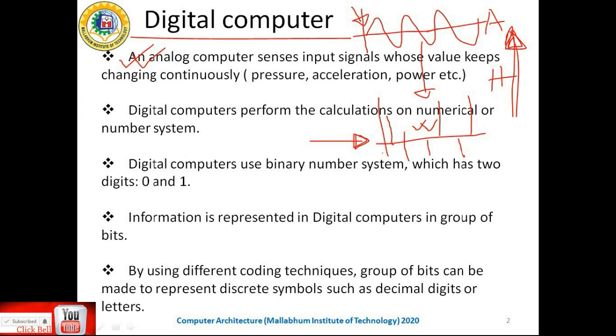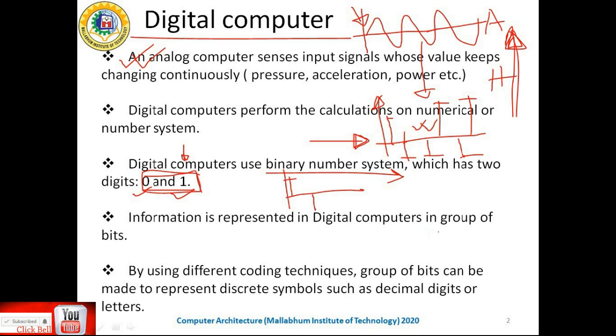Also, this is a digital signal, but a digital signal can have different kinds of levels. This is not the binary signal, but it is a digital signal. Today's computer only understands 0 and 1, that is, the binary computer. In a binary computer only 2 digital levels happen: a signal exists or it is 0. Today's computer depends on the binary number system, in which only 2 digits are present: the first is 0 and the second is 1, and depending on these 2, today's digital computer works.